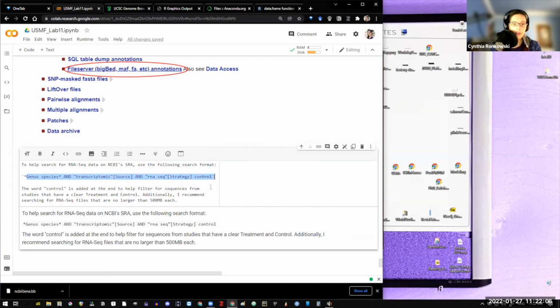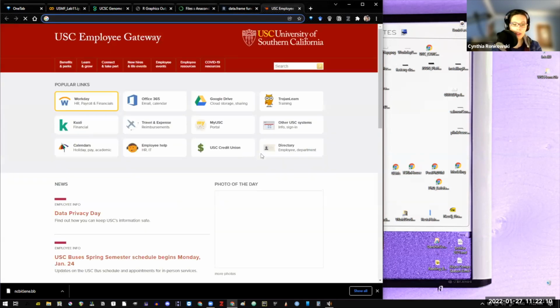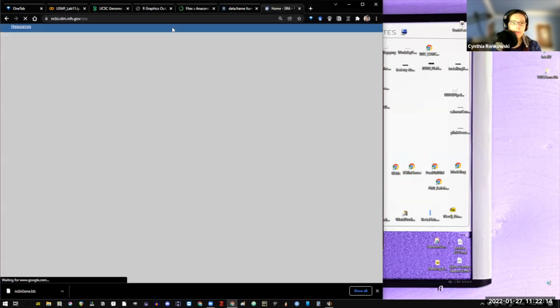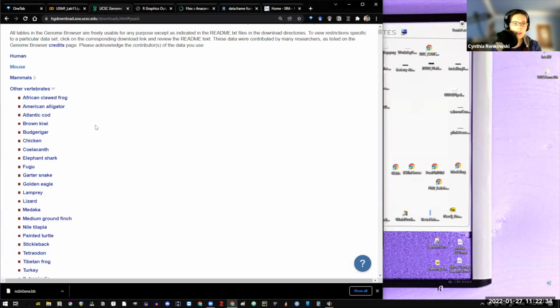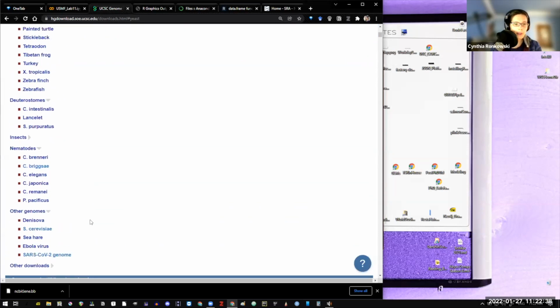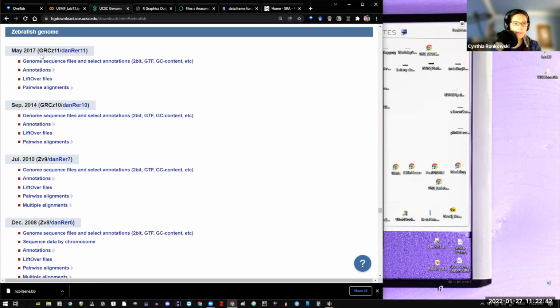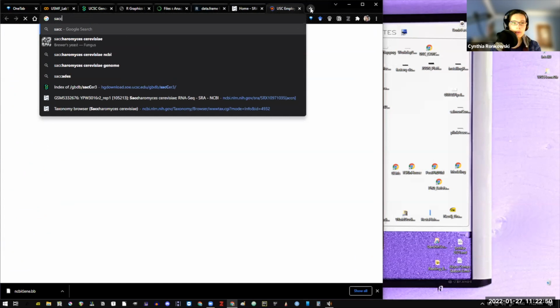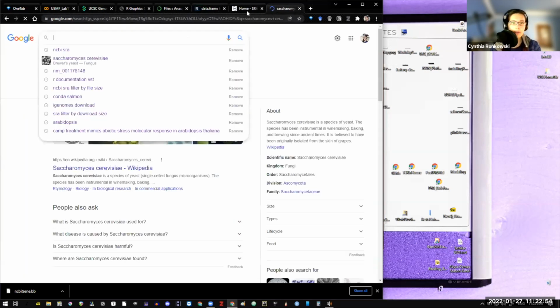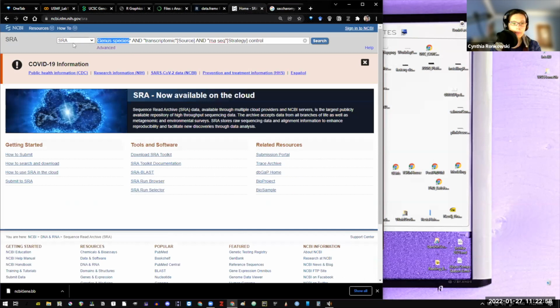And one way to do that is to use this search string on NCBI SRA. So what you'll do is change the genus and species to what you're looking for. Pick some organism, copy that, and once you've replaced the name of the genus and the species,